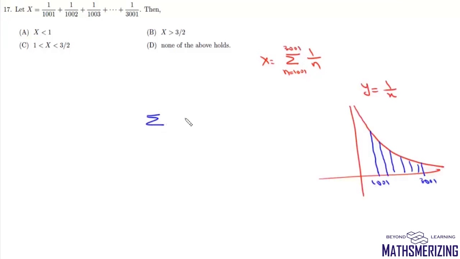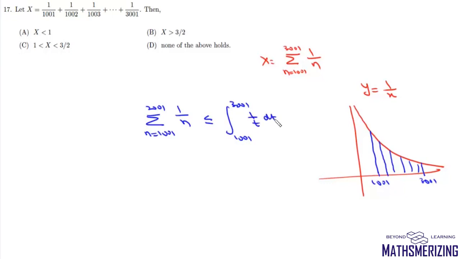Now, question number 17 is: let x equal 1 upon 1001 plus 1 upon 1002 up to 1 upon 3001. So we can write this x as summation 1 upon n, where n varies from 1001 to 3001. This summation, 1 upon n where n varies from 1001 to 3001, will always be less than or equal to this integral from 1001 to 3001